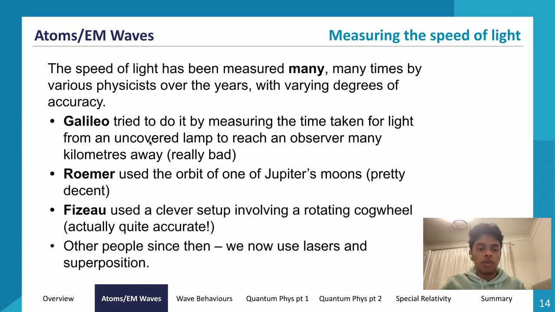It was also a really bad historical method, but because it's so goofy, it's also the easiest to remember. But I would recommend not talking about this if they ask you a 5-marker to explain one historical method of measuring the speed of light. I'd probably ask you to talk about Fizeau or Foucault, which we'll go through. But yeah, Galileo is the easiest one to remember.